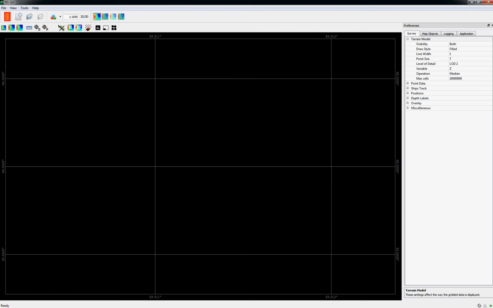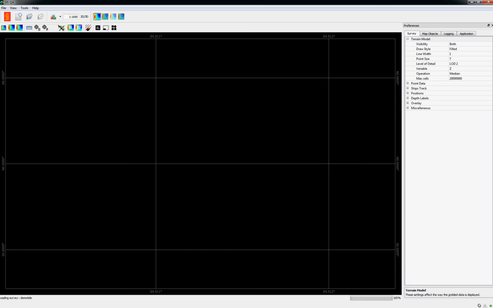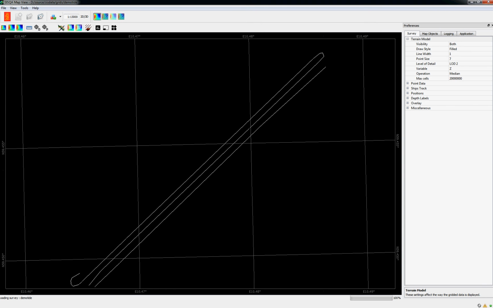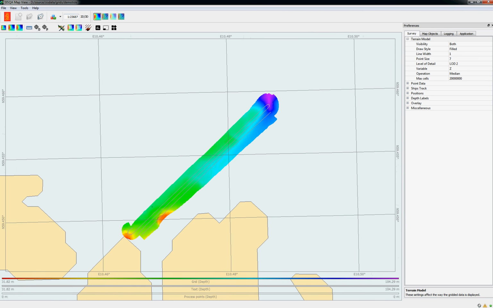Hi, today I will show how to acquire some statistics from your survey. To do that, first I will need to load some survey. And when it's done, I will zoom out a little bit. Then I will click on a button for select statistics area. And I will just select a polygon by clicking left mouse button on desired points to make a polygon to